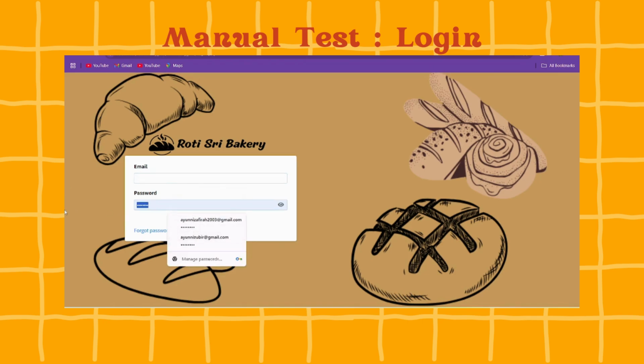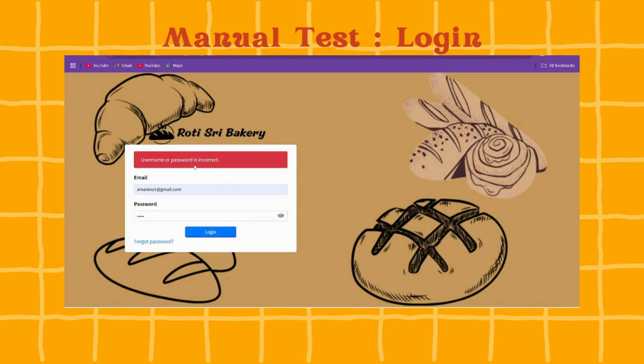If we leave the email and password empty and we press login, it will say to please fill out this field. So let's say that we choose a valid email but a wrong password. So valid email but wrong password, it says username or password is incorrect, and